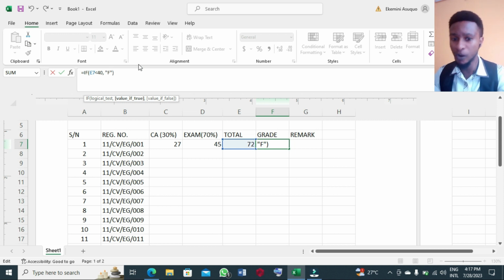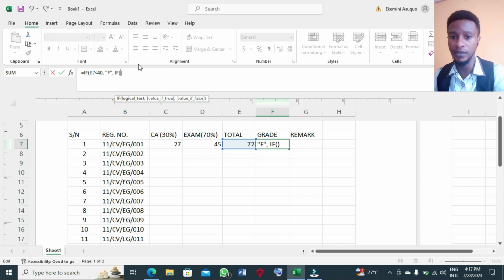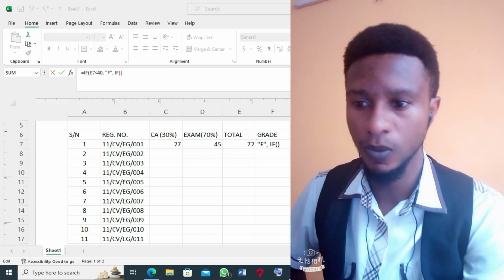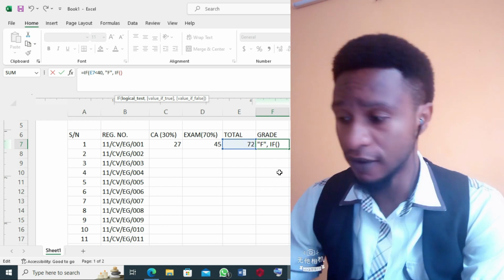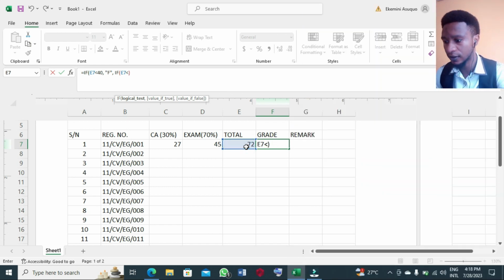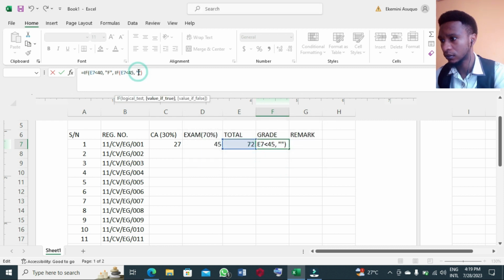We are moving to another one. How do you move to another one? You put a comma again and start another if. You understand? So I'm through with the first statement. For the second statement, I will start with another if, that if this is less than 45, fine, comma, what are we doing? D. Again, if, so we continue to do like this. If what? If that is less than 50, comma